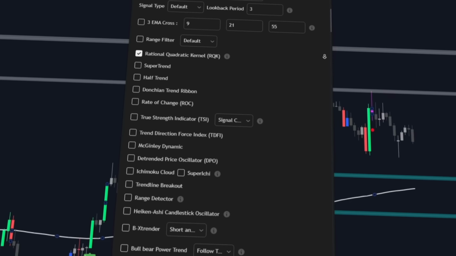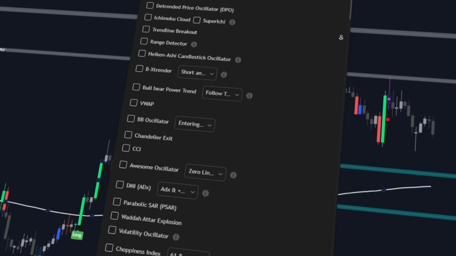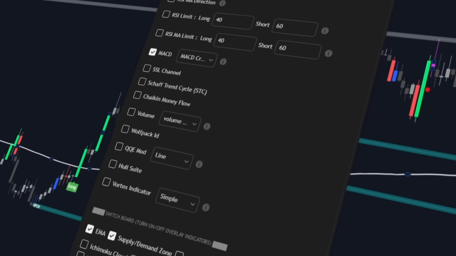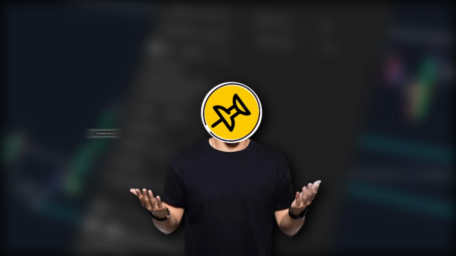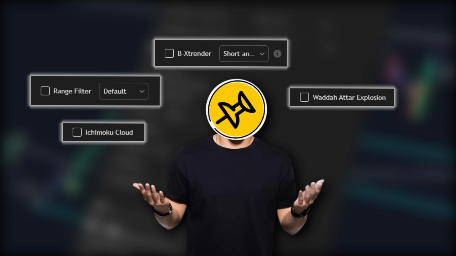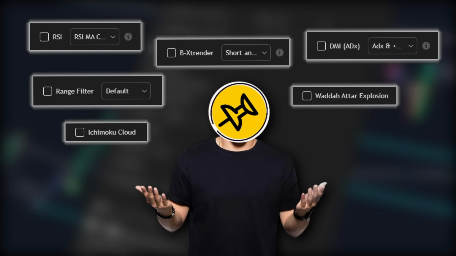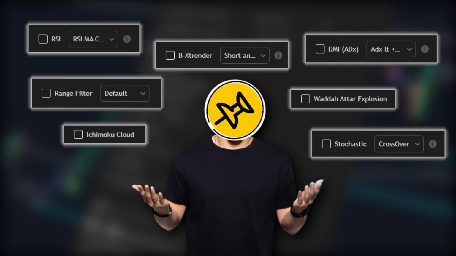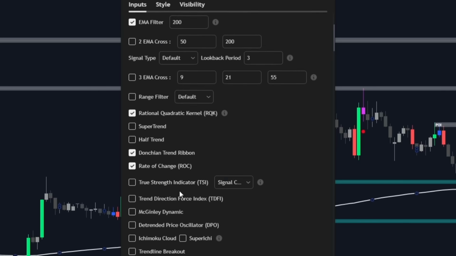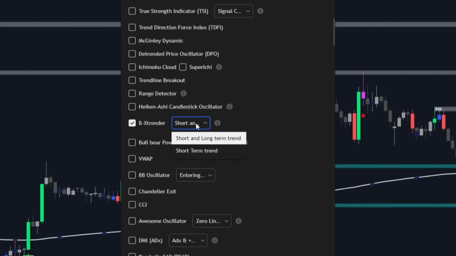You have access to a massive library of over 40 professional-grade indicators for both leading and confirmation roles. We're talking about heavy-hitting tools like Ichimoku, BX Trender, Wada-Atar Explosion, range filters, ADX, RSI, stochastics, and countless more. The combinations you can create are virtually endless, which means you can craft strategies that perfectly match your trading personality